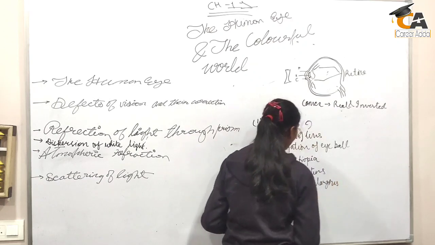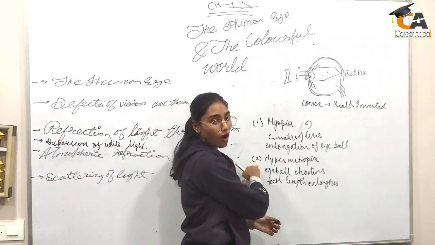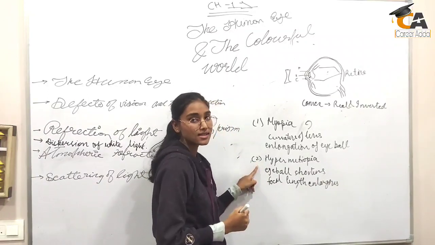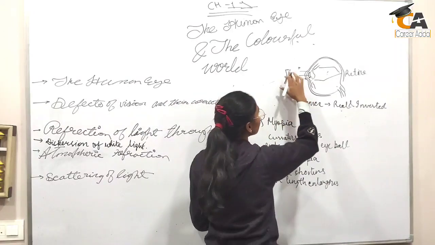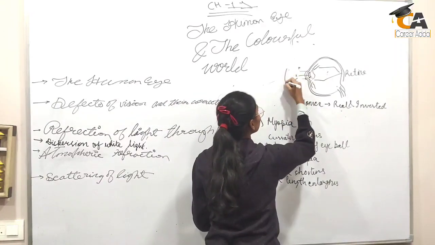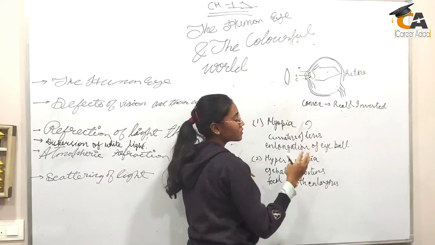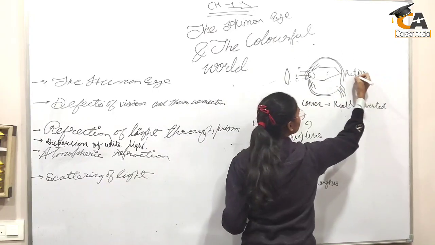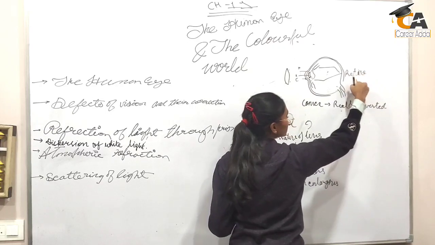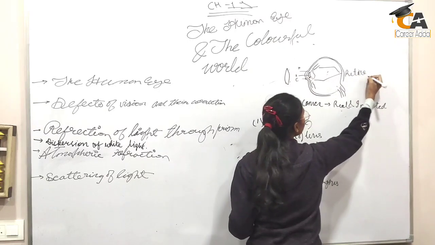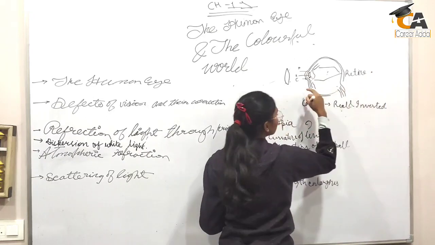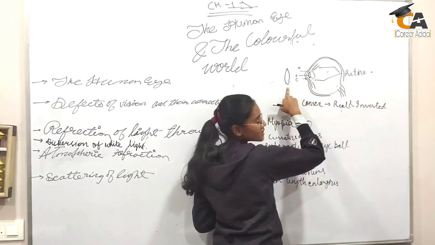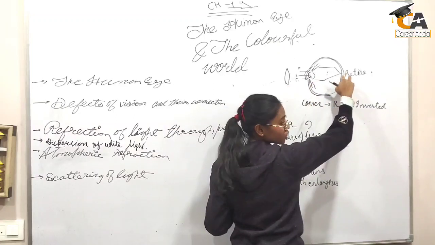So these are the reasons why hypermetropia occurs. Now to correct hypermetropia, we use a convex lens. We place the convex lens over here. In this eye, the original image formation takes place outside the eye. The normal position is the retina, but the image forms somewhat behind it. So to correct this, and make the image form on the retina, we place a convex lens over here, so the image gets formed on the retina.